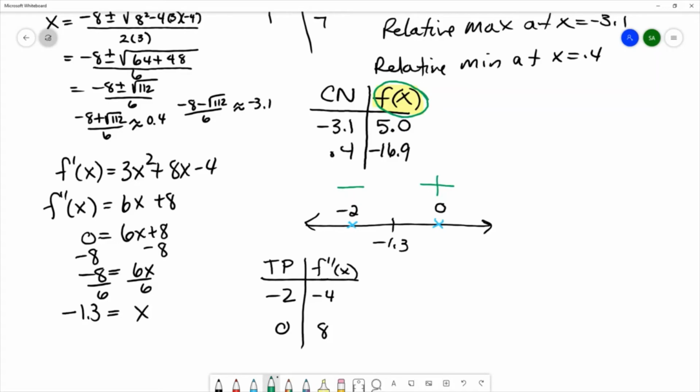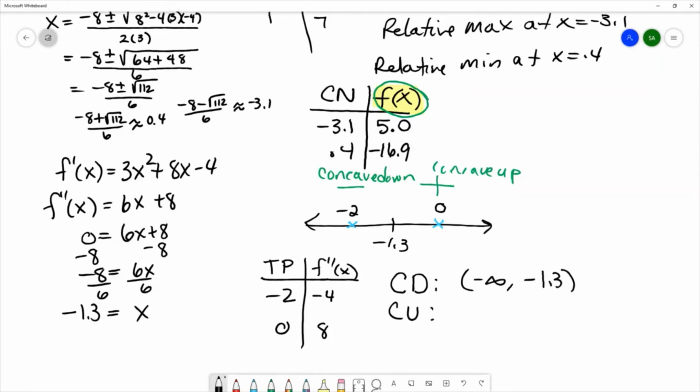So this interval is concave down. This one is concave up. So the function is concave down from -infinity to -1.3, and it is concave up on the interval -1.3 to